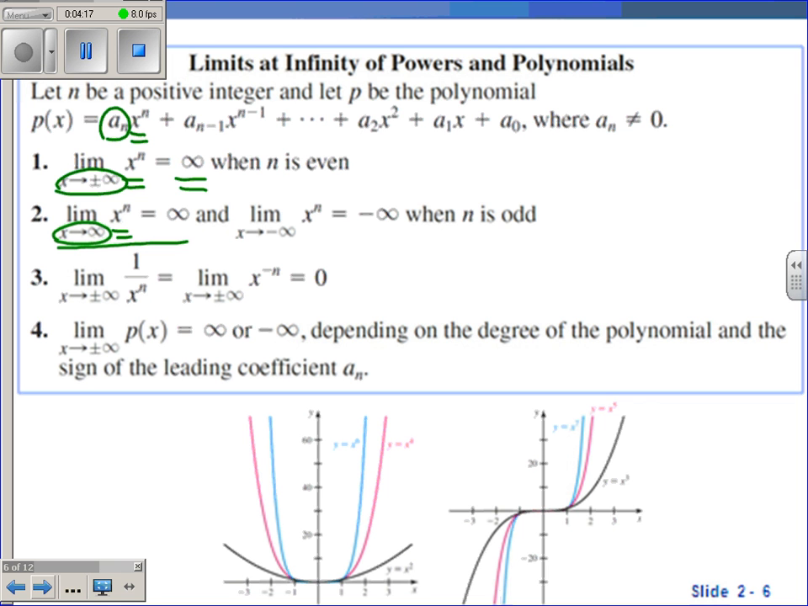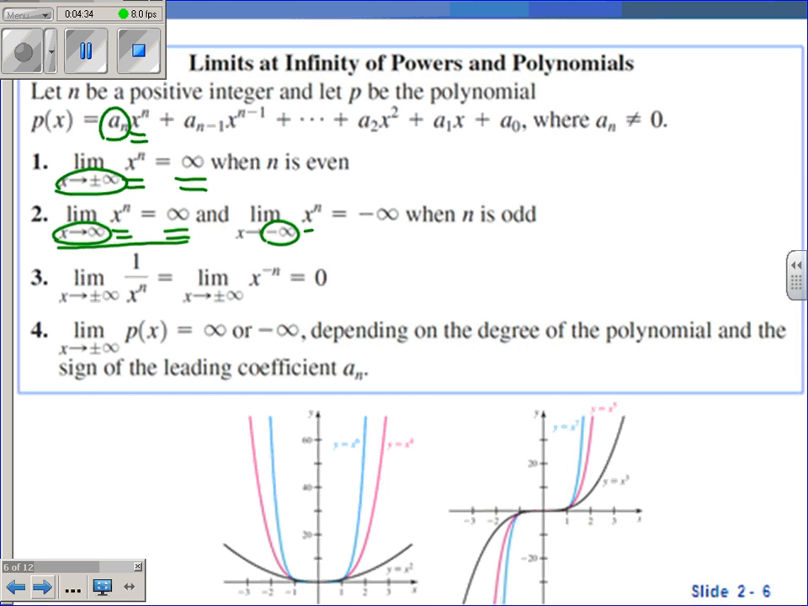A big positive number raised to an nth power, it doesn't matter whether the n is even or odd, it's always going to be a big positive number. So we'd say that that limit was equal to positive infinity. If we're looking at x approaching negative infinity, now we're talking about big negative numbers, negative 100, negative 1,000, then